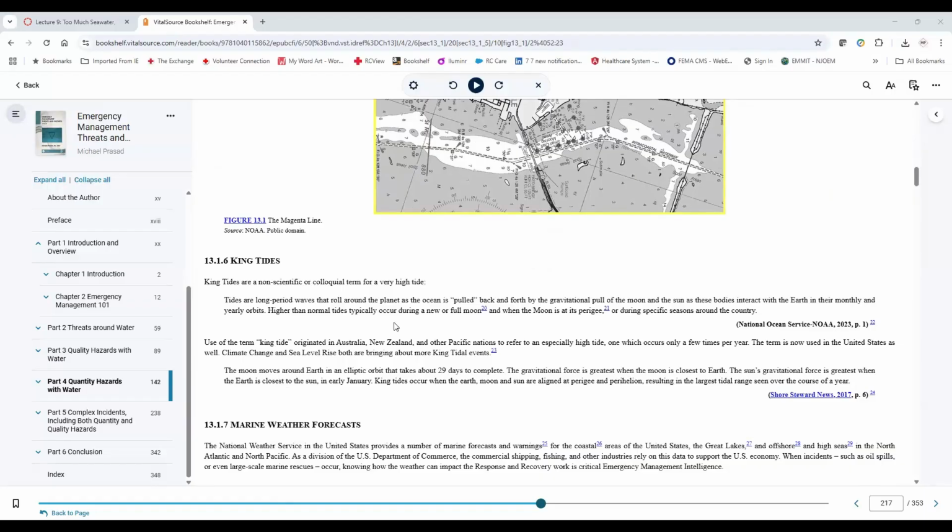But basically the idea is that it's a very high tide, and it's when the moon and the earth are in specific positions from each other. And it is the one that's pulling the greatest amount of water, being pulled from the gravitational force when the moon is closest to the earth. Short answer to a very scientifically long problem.